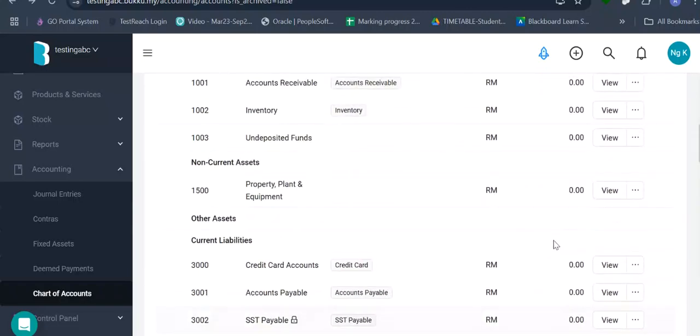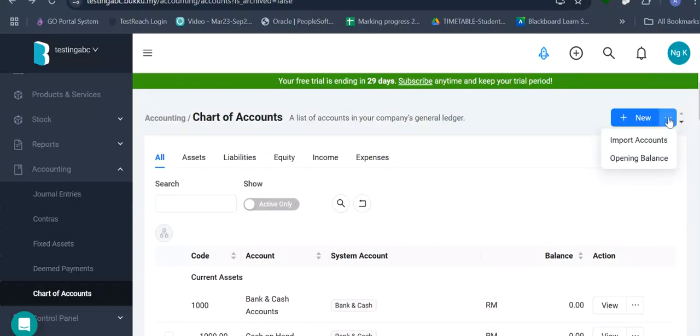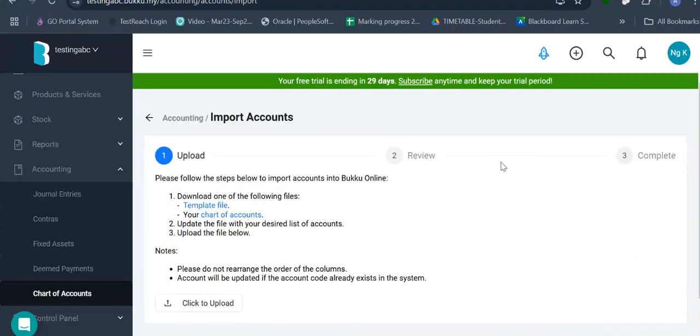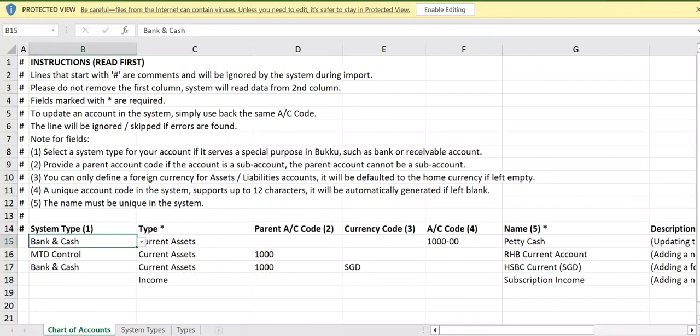It's an old business, for example, but using Buku for the first time, then we can come to here and call import accounts. So for import accounts, you have to first download the template file and download your chart of accounts. Okay, so we can go to the download.